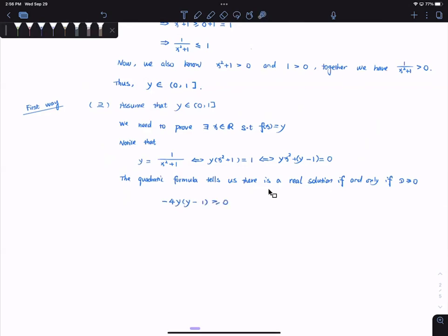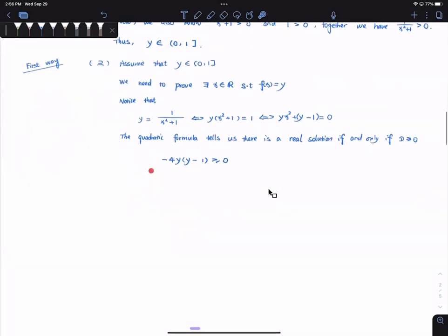So now you need to prove this is true, because this is my c. It doesn't matter. Yeah, because I don't want you to think this is your B. Anyway, so I want to show this is true. How do I show that? I want to show this whole thing is greater than or equal to 0. I know that my y is greater than 0.